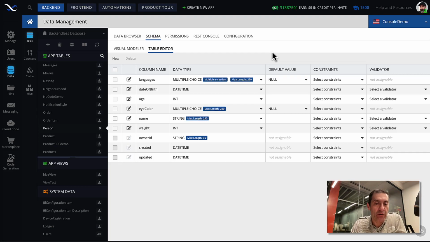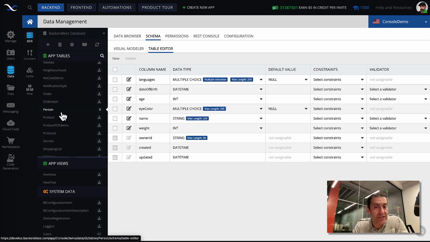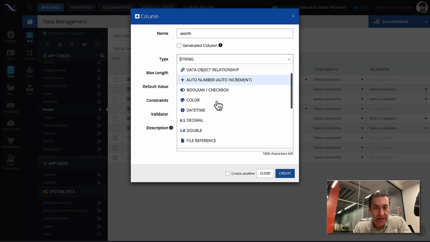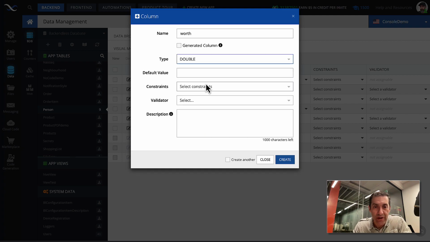In BackEndless console, we already worked with int when we were defining schema for the person table. The age column had the type of int, and that is a whole number, which is very appropriate to express age. Let's say we want to define another type, and let's say we will be using double to represent person's worth, financially speaking. So here we will say that the column name is worth, and if we select double, again,